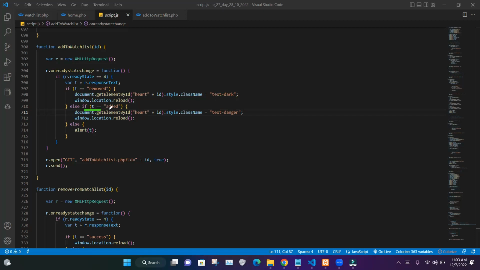Then in here we have checked whether the response text value is equal to added or not. If it's equal to added, in here we have taken the element whose ID is equal to heart ID, and here we have also changed its style and changed the color of that icon into red color. Then we have reloaded that page. If the response is neither equal to removed nor added, in here we have printed that response in an alert